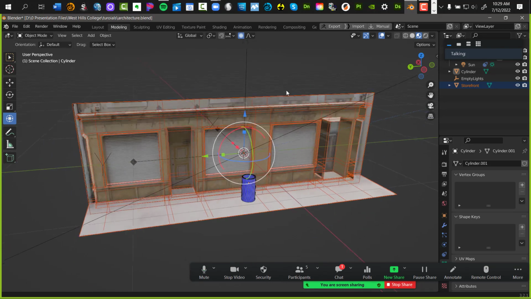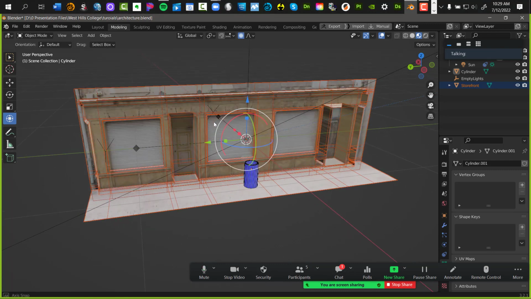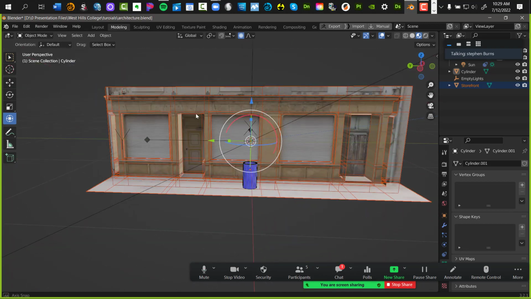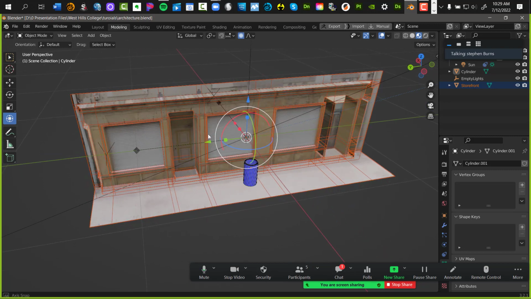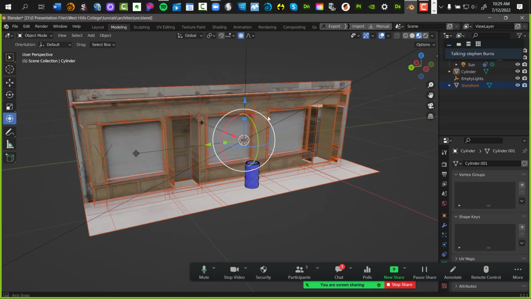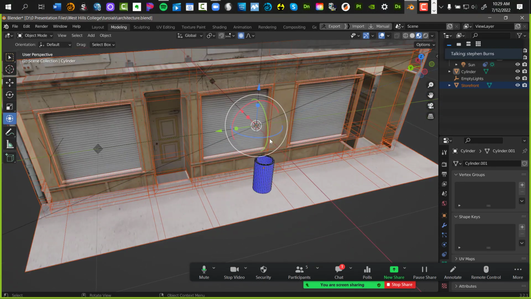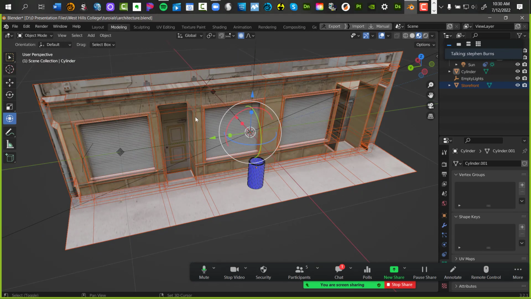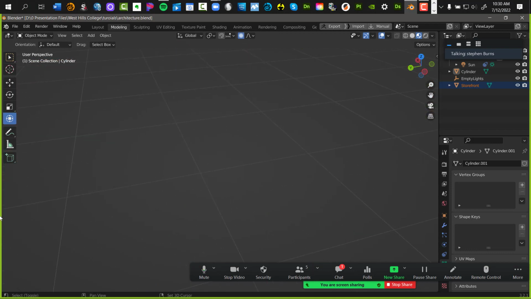You can also use the scroll wheel to turn it. The scroll wheel to turn it? Right. So what he's discovering is the traditional way to navigate in Blender, where the middle mouse click gives you rotation, the middle mouse scroll gives you zoom, and if you want to go right to left, up and down, Shift middle mouse will give you that. I find the other way to be more effective.